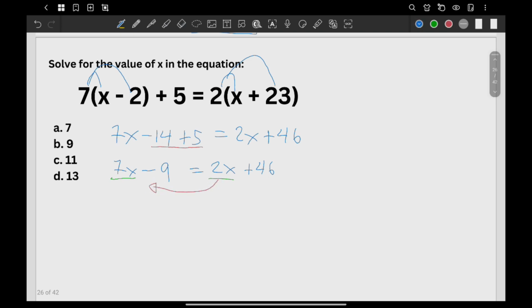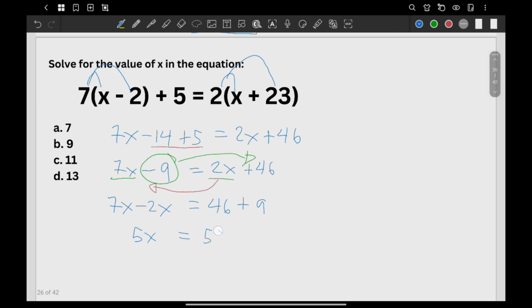What will happen now is it's going to be 7x. What will happen to 2x? It will become negative 2x. Sir, what about the 9? The negative 9. Okay, take note. On the left side, we're gathering the excess, right? So, you throw the negative 9 on the other side because it cannot mingle with them. It doesn't have any x. We have the equal sign. I will copy the 46. The negative 9 will become positive 9. So, you have here this time 7x minus 2x. It's going to be 5x is equal to, what's 46 plus 9?